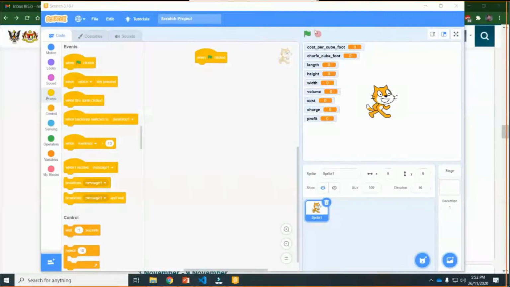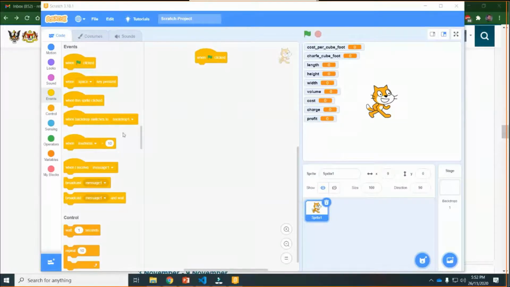Okay, the same case study that we discussed, I want to show you in a Scratch program. In this Scratch program I created all the variables. Now we need to give values to these 2 variables, cost per cubic feet and charge per cubic foot.